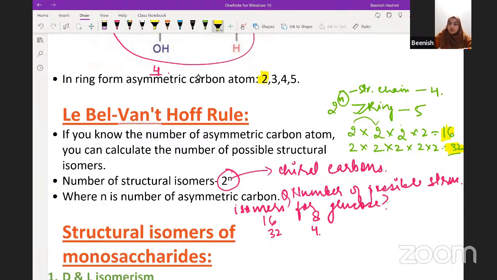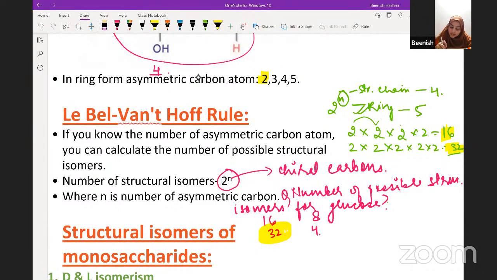Now, the doubt, the confusion, is whether you should mark 16 or 32. So if the options have both 16 and 32, your answer will be 32, because I just told you that 99% of glucose exists in solution form and in solution glucose exists in ring form. So 99% of glucose is existing in ring form. That is the major form in which glucose exists. So your answer will be 32.